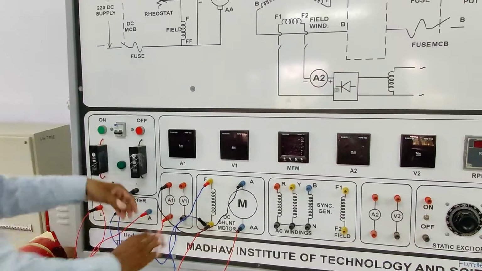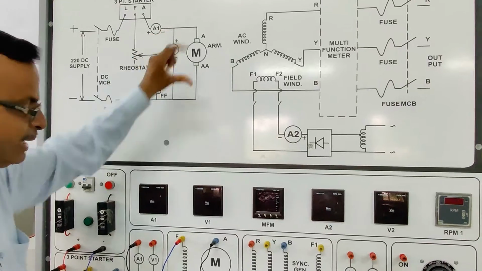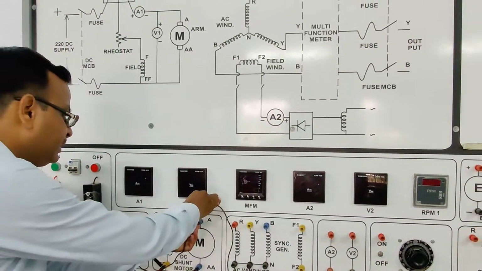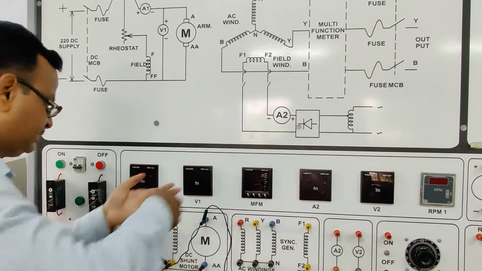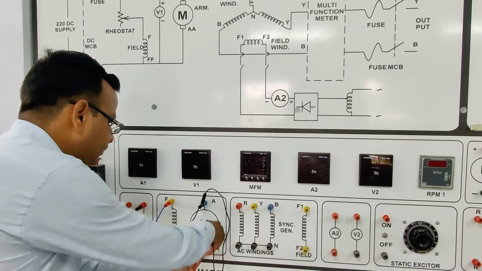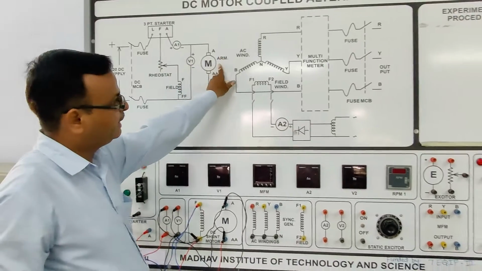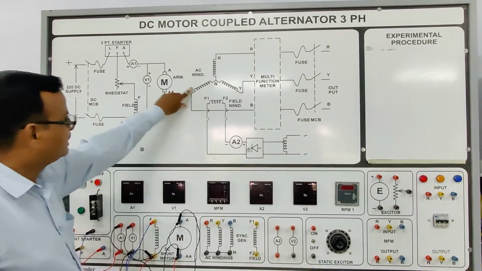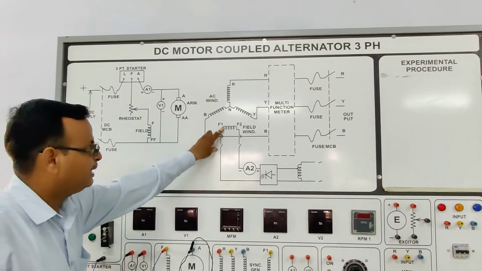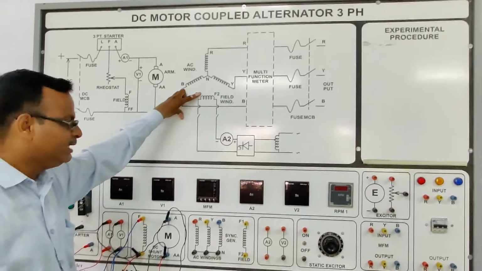And now, for measuring the back EMF across the armature, we connect a voltmeter in parallel. So this completes the circuit for the prime mover, the DC shunt motor. This motor is already mechanically coupled to the alternator, meaning the mechanical power of this prime mover is transferred to this alternator. On this alternator, we have to perform two tests, the open circuit test and the short circuit test.